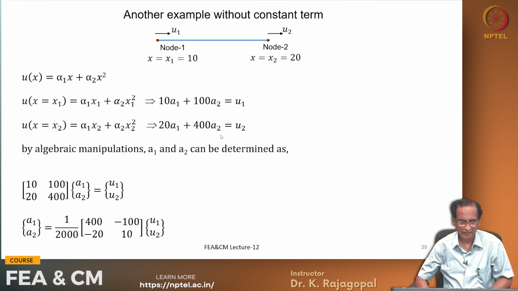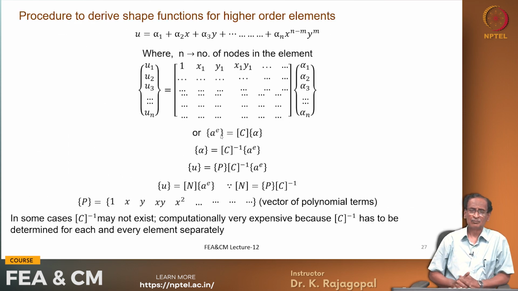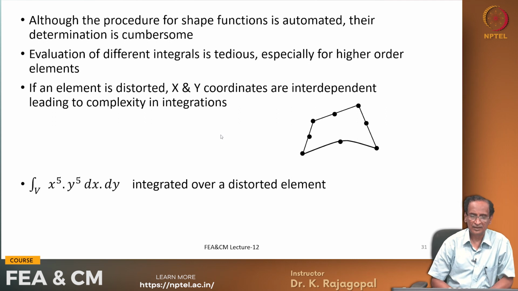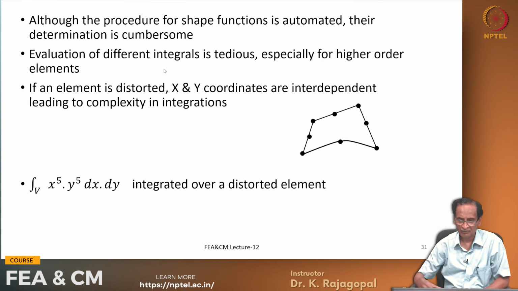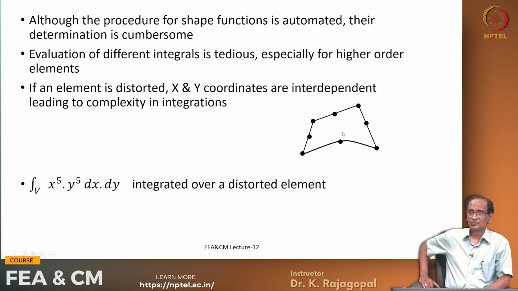Getting the shape functions using the generalized coordinate method is also very tedious, because we have to go on inverting so many matrices. Sometimes these matrices are fully populated, so inverting them will take a lot of time. So, although the procedure for finding the shape functions is automated, their determination is cumbersome, and the evaluation of the integrals is also tedious. If you have a complicated shape like this and I ask you to integrate, we cannot do it because of the irregular boundary, and because